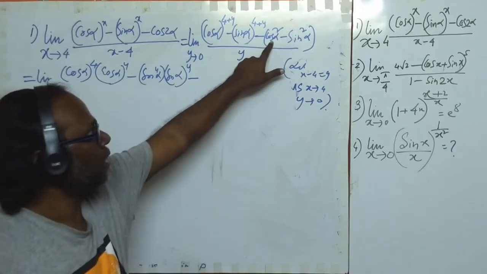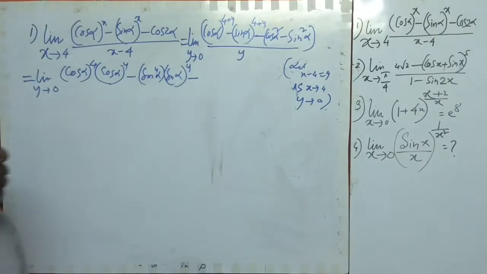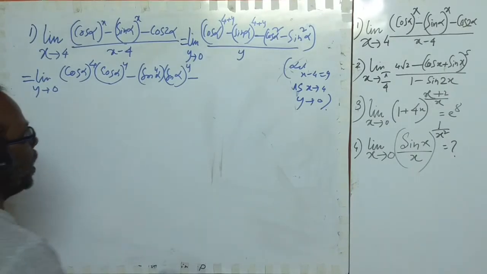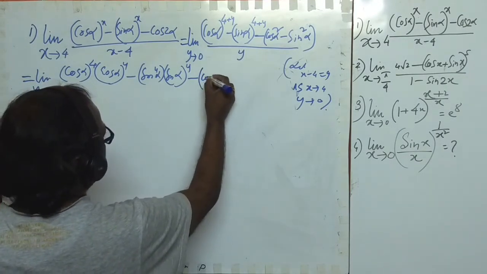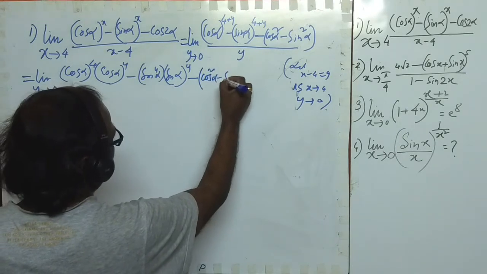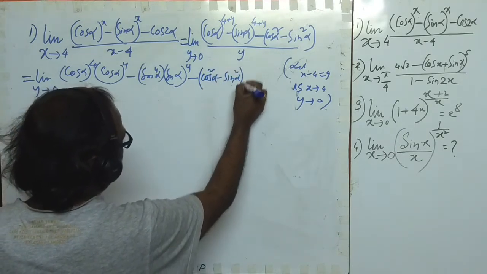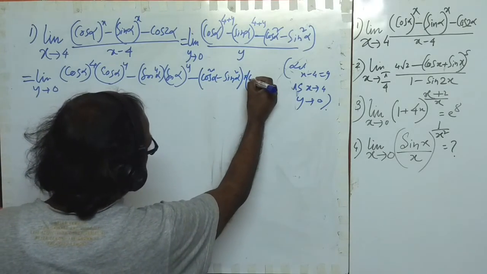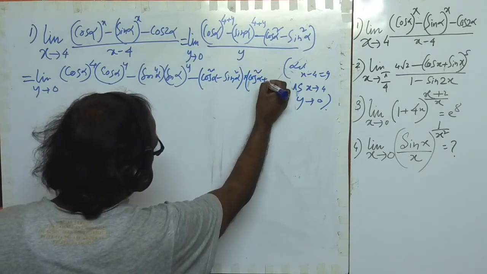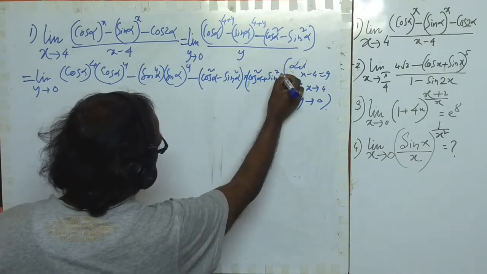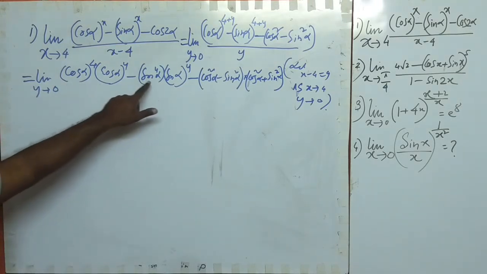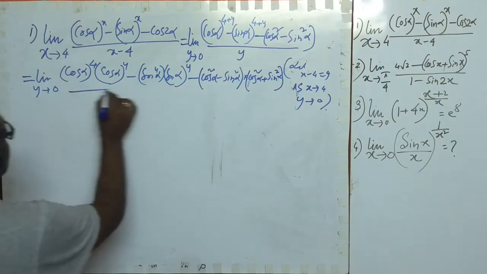But see, the power of cos alpha is 2 and of sin alpha is 2. So you introduce another factor, cos square alpha and sin square alpha, and here is 1. In place of 1 we can introduce the factor cos square alpha plus sin square alpha to get the indices whose power is 4. As you see, here is power 4 and this is power 4 also. So this is the technique.